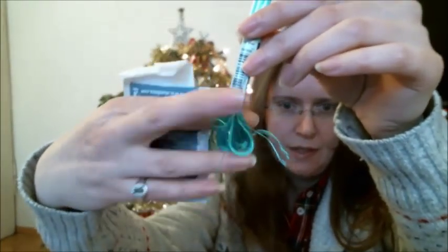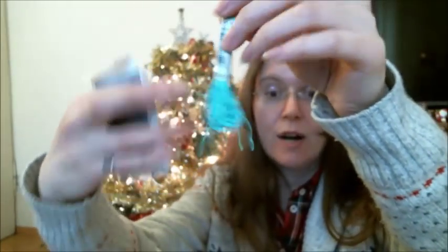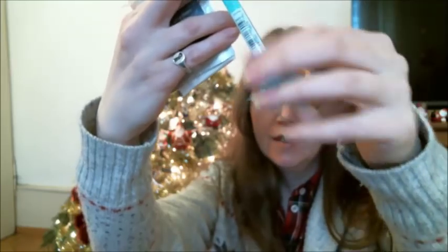satin DMC. It's actually quite nice and it feels lovely. So now I know why you all are constantly raving about it, and I know what you mean, even though I don't have that much fancy floss. She also sent me some tea. She sent me some tea last year as well. I loved that. It was really nice. Haven't tried this one yet. And she has an Etsy store, so if you're interested in needle minders, scissor fobs,